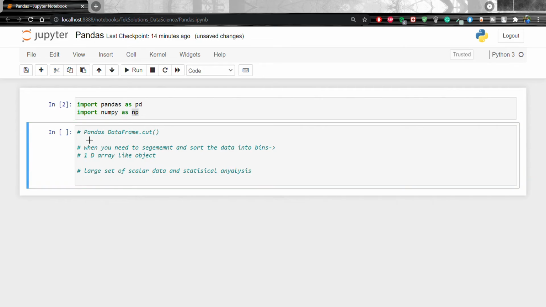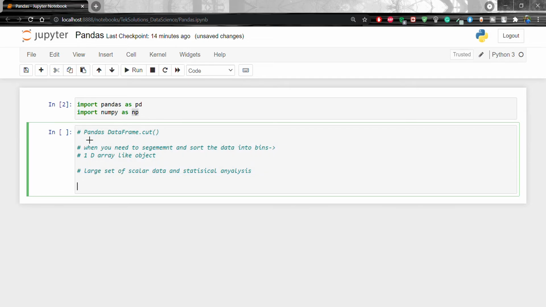Okay, so let's go with the syntax of pandas dot cut.